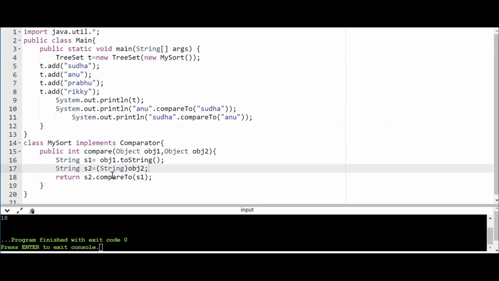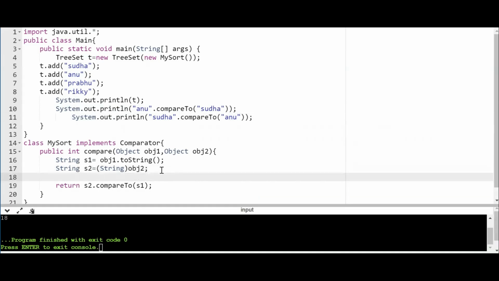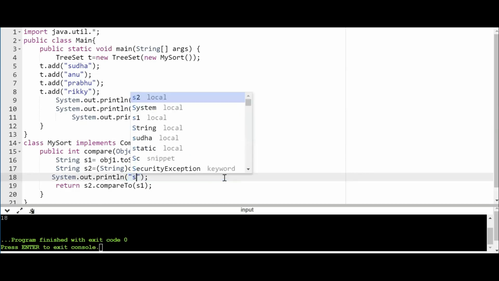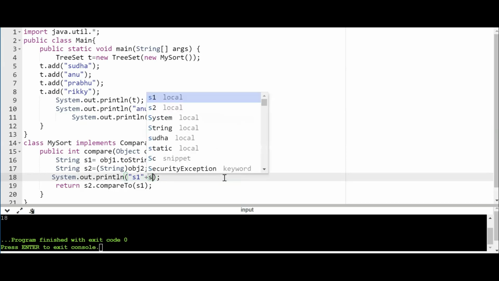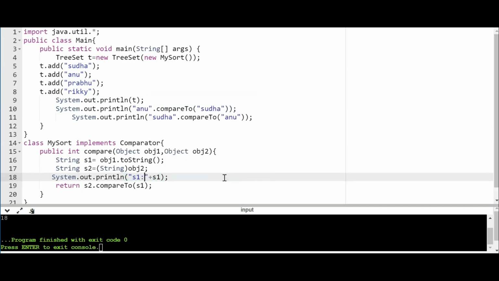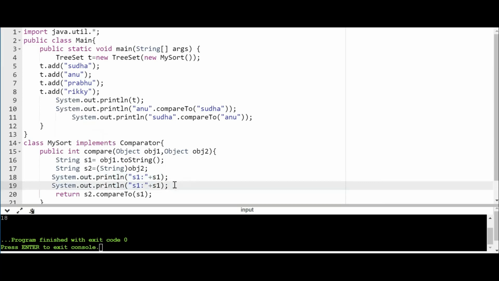Let me also show you what is there in s1 and s2. This is s1. This is s2. When I run this,